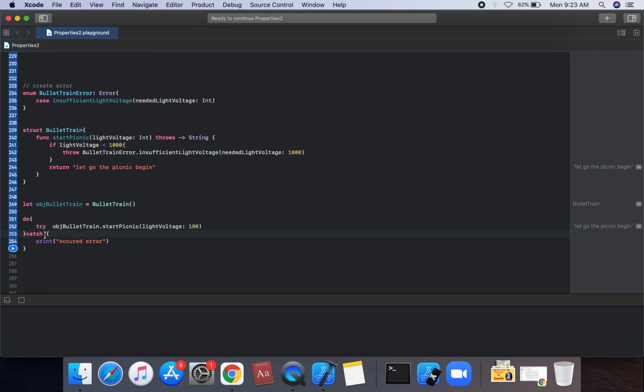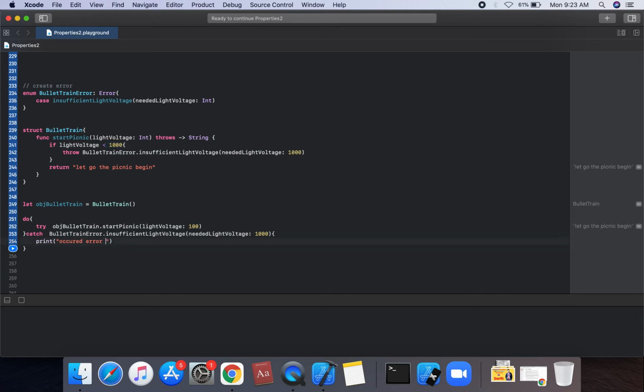So catch statement block, we can assign this statement bullet train error dot insufficient voltage and type of integer, suppose which is 1000 is needed, voltage needed is 1000, greater than 1000 needed,